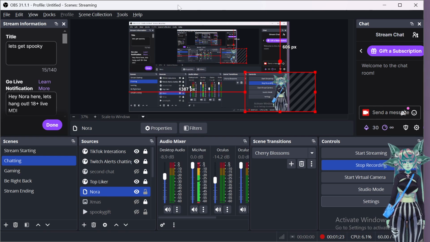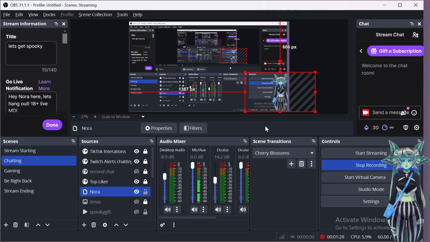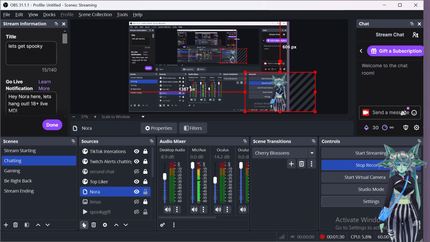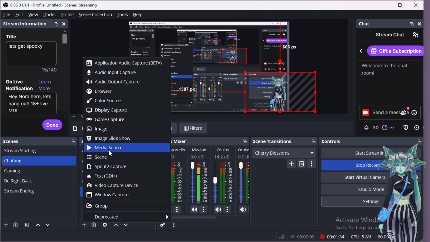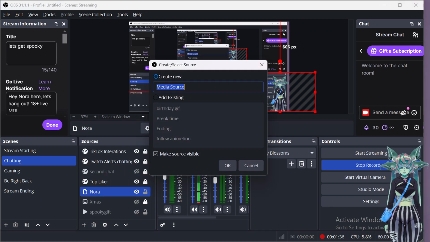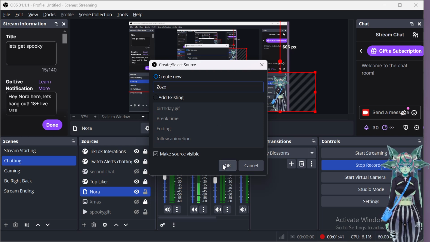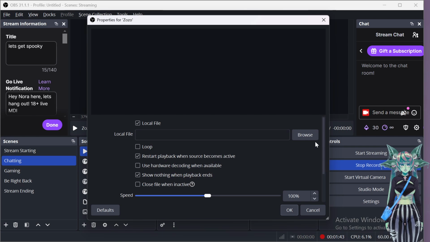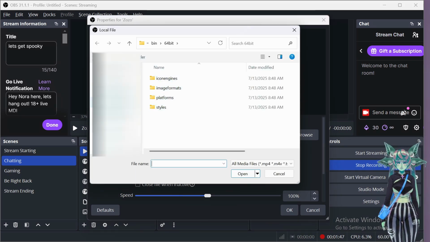So OBS is now open. You can see it, it's beautiful, and yes. You're going to want to go down here and click the plus sign to add a new media source. You'll name the media source the same thing, just so you don't get confused. Hit OK. And then you're going to want to go into your browser and look